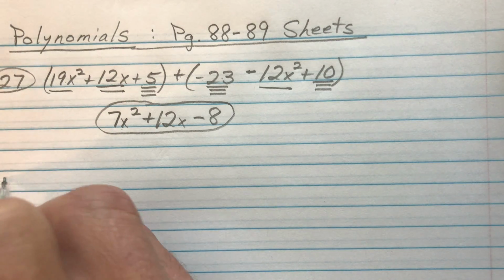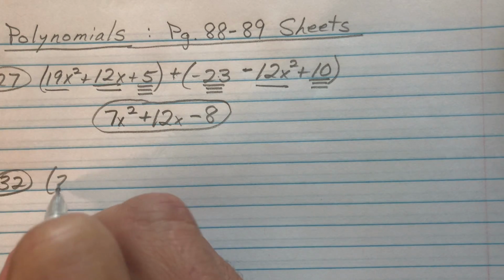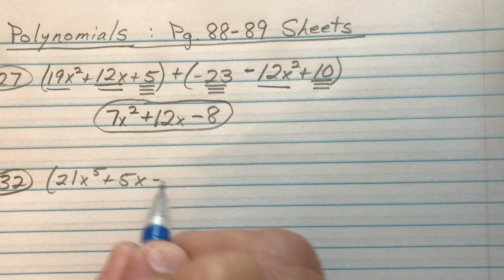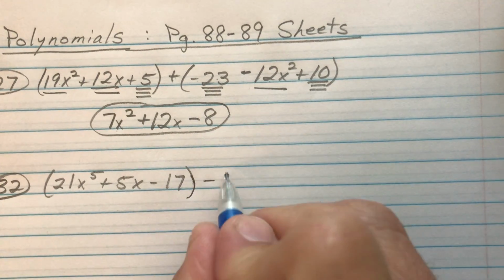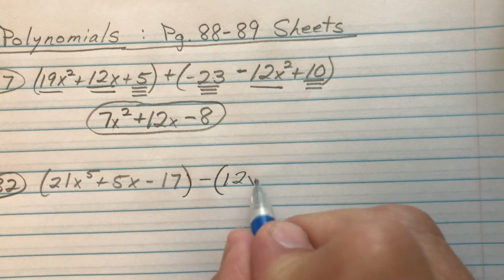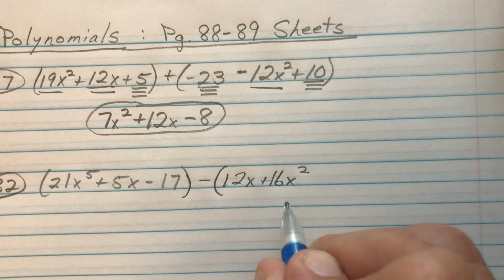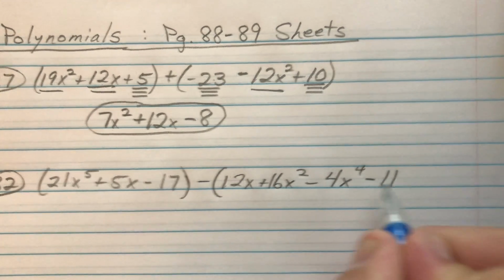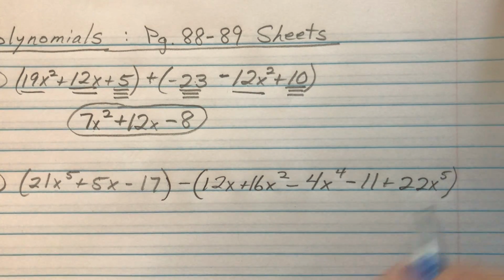Let's try number 32. 32 is a subtraction question. It says 21x to the 5th plus 5x minus 17. All of that minus 12x plus 6x squared, 16x squared, minus 4x to the 4th, minus 11 plus 22x to the 5th. So,